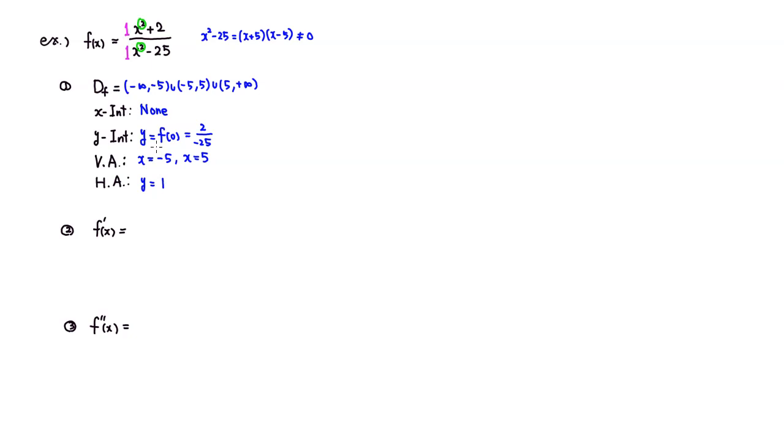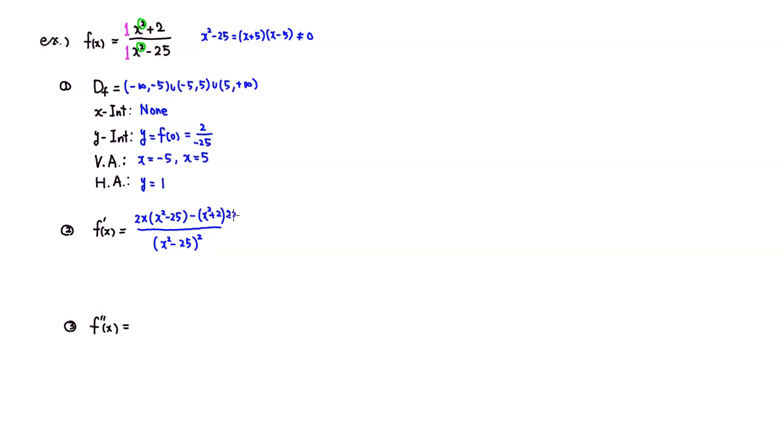Alright, then we're gonna get to the second derivative. So let's take the derivative. So this is going to be a quotient rule. Right, square the denominator, so quantity x squared minus 25 squared. Right, derivative of the top is 2x times the bottom, x squared minus 25, minus top, x squared plus 2, and times the derivative of the bottom